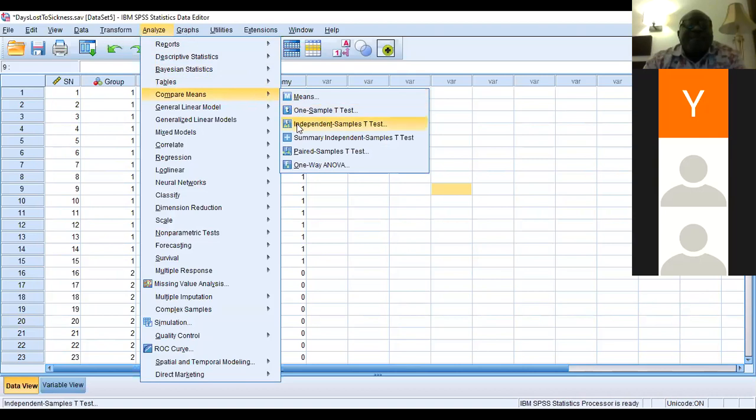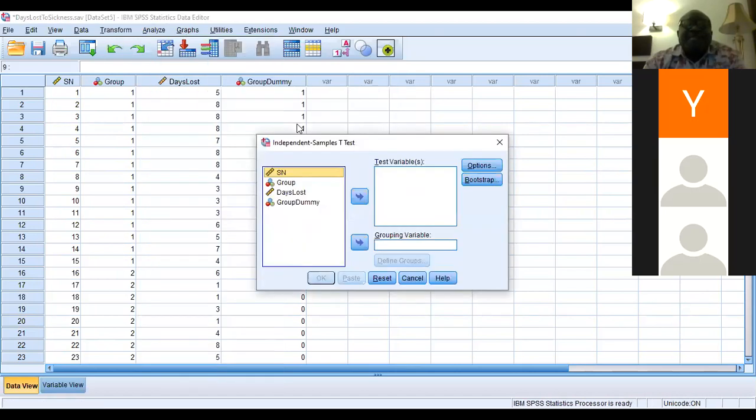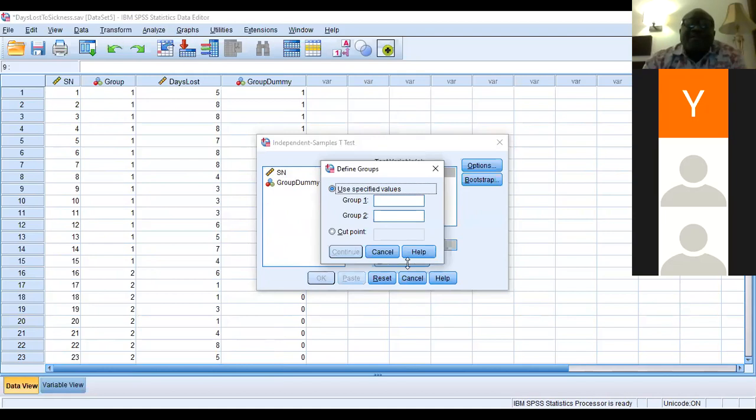Independent sample T test. The one we did before was one sample T. This is the independent sample T. Now click on it. They list the variable we are testing. Now, the group variable, can you see? That group variable is separated, you must bring it here. Once you bring it, it will give you a question mark, define groups. Here, that's why it's good.